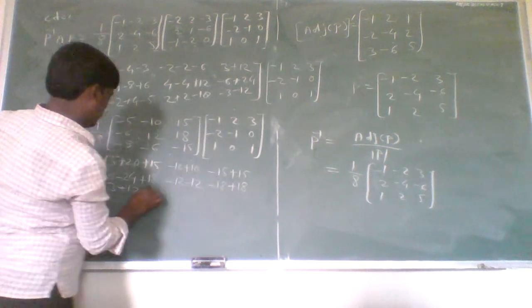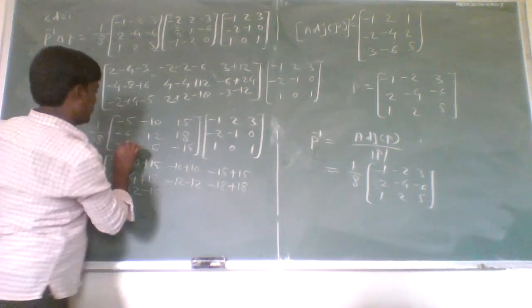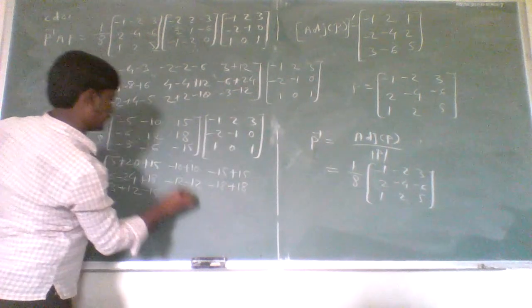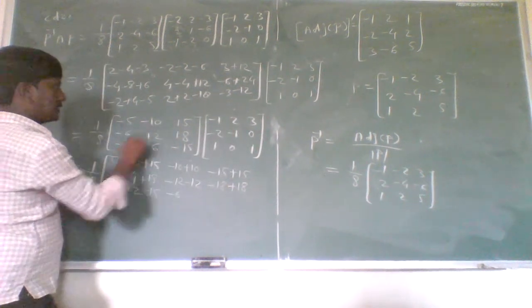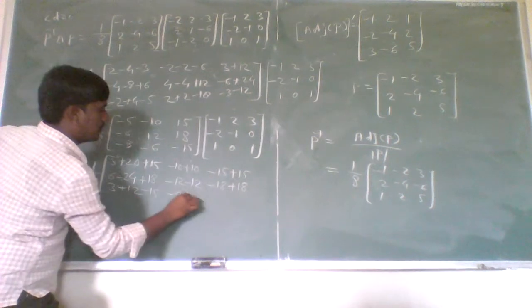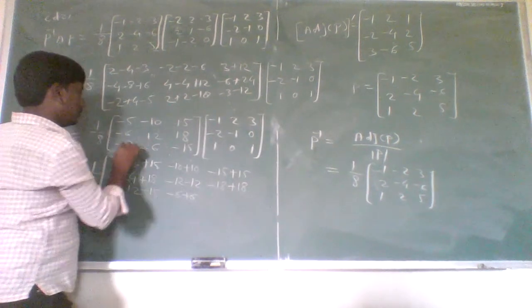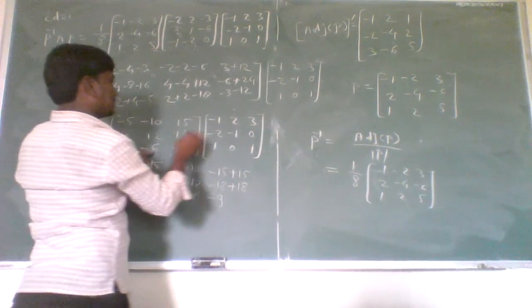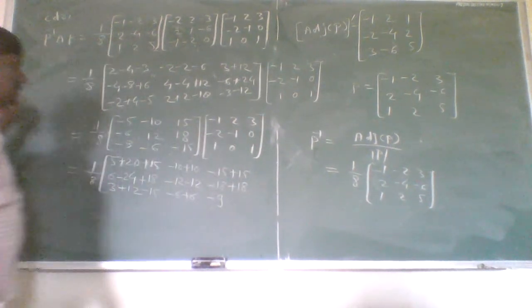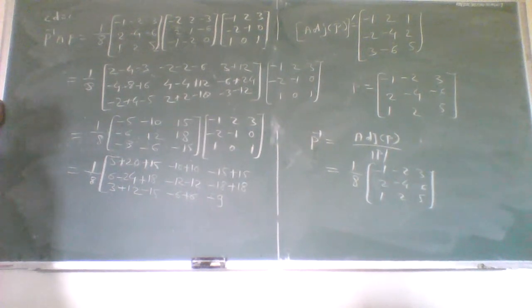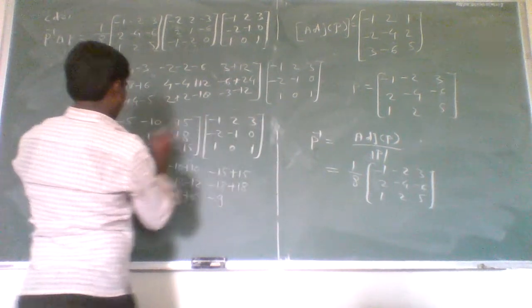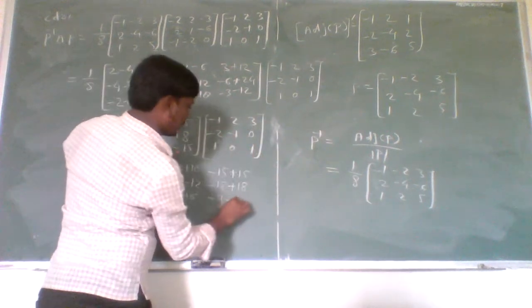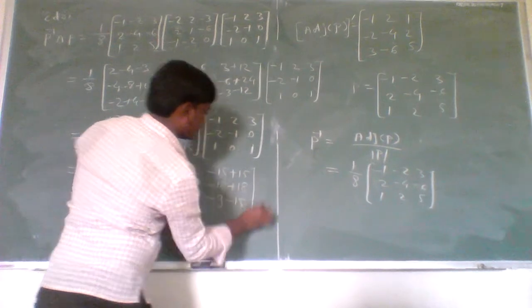Minus of 15. Okay, minus 3, minus 2, minus 6, minus 3 into 2, minus 6, minus 1 plus 6, minus 15 into 0 is 0, minus 3 into 3, minus 1, minus 6 into 0 is 0. I think there is a small mistake. Sorry, minus 3, 3, minus 2, minus 2, minus 2, now which is nothing but